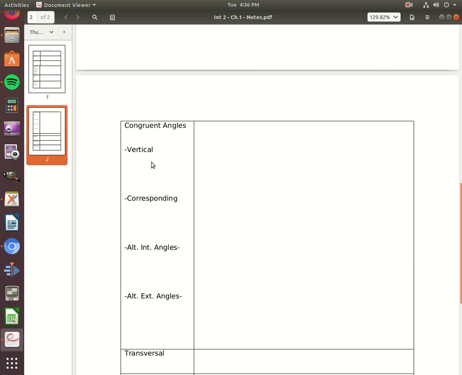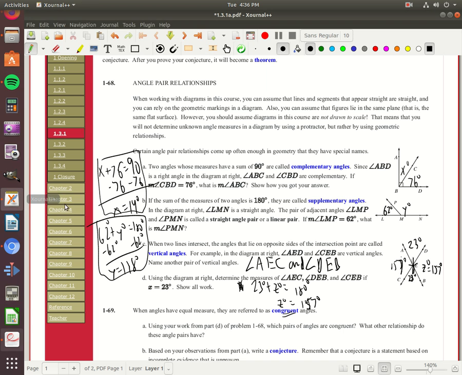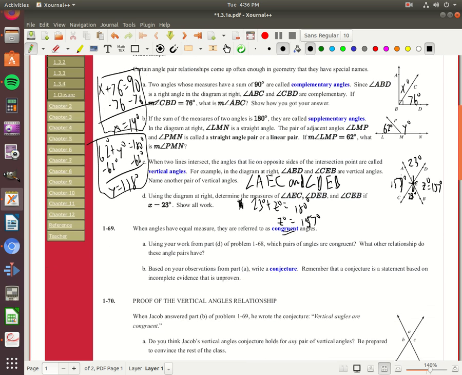And then I would probably, and I don't think I can draw on this, I would probably draw a vertical angle right there just so I knew what the vertical angles look like. So again, keep this note sheet handy and be filling it out as you go. Alrighty, so